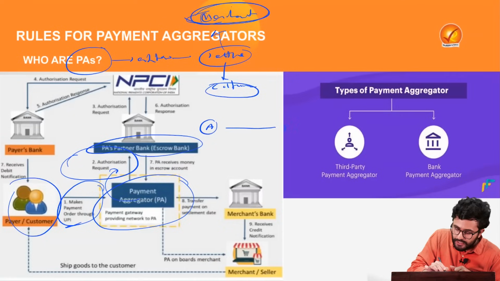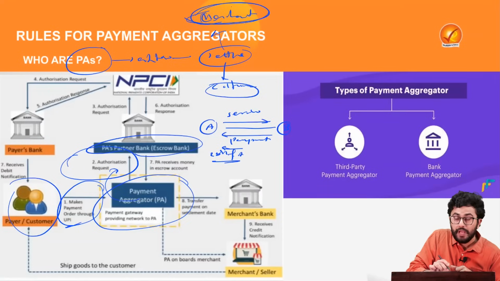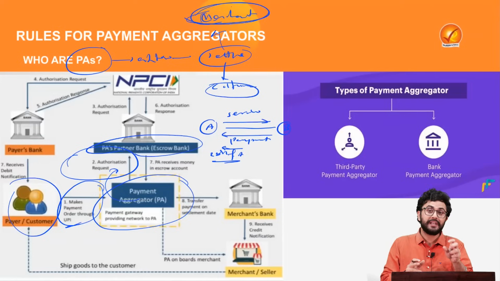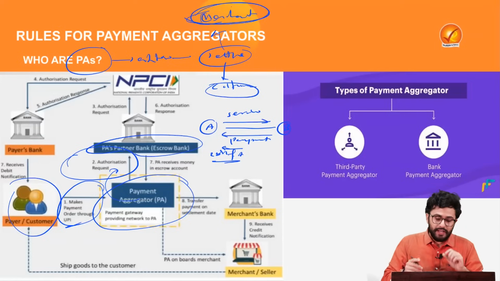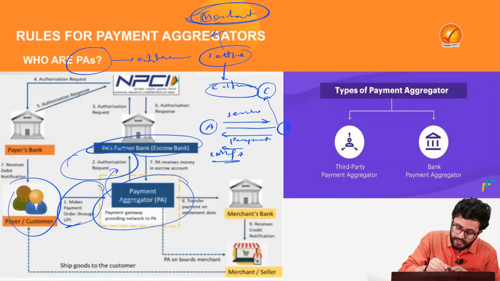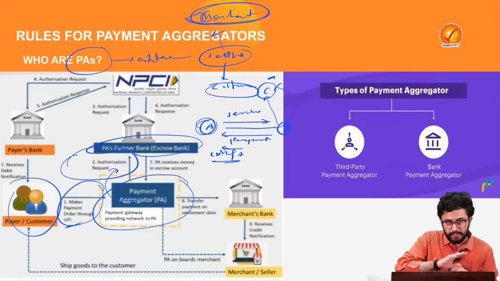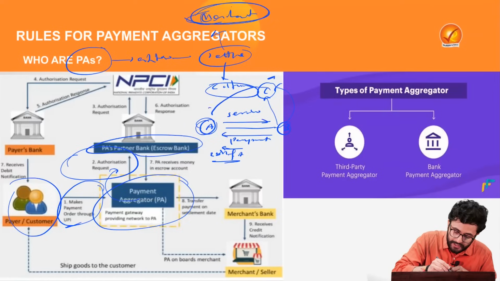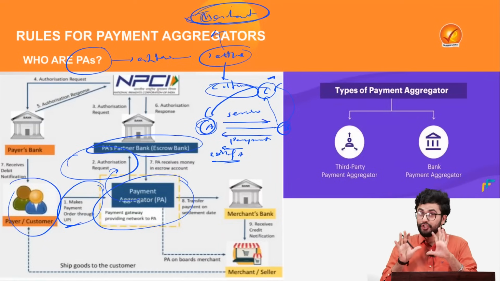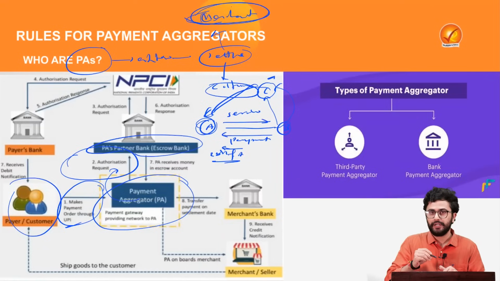Let's say that I am a person A and you are a person B, and I am providing certain service to you. For that you need to give me payment on, let's say, 28th of April. But I am not sure that on 28th of April whether I will get my payment or not. So what I do, I tell you to create an account in C, that is an escrow account, and keep the money which you need to give me there. Thus, when I provide the complete service to you, then I will take my payment from there. Thus, I will have a surety that I will get my payment.